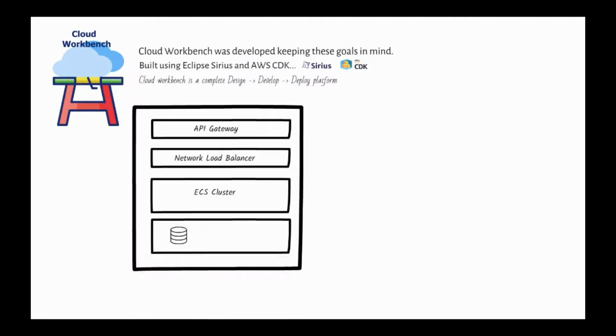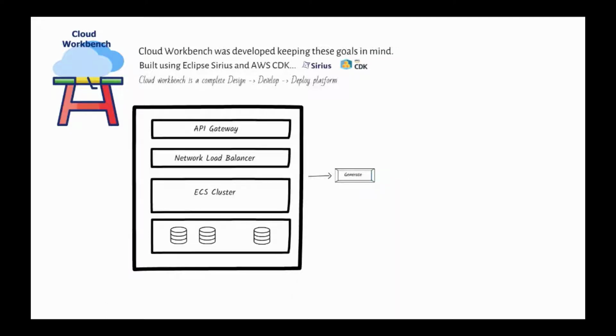Then once this canvas is ready, and once the cloud infrastructure is designed using OBO Designer, you can generate the code, and then the code gets generated in AWS CDK